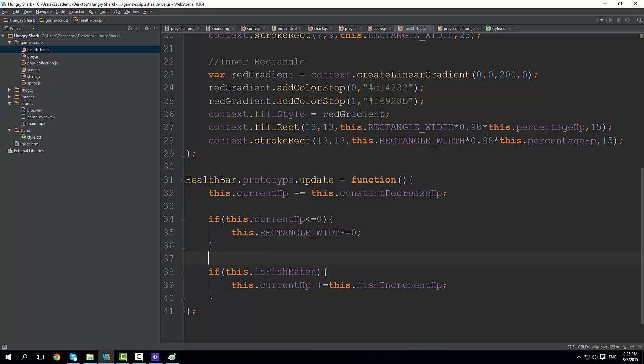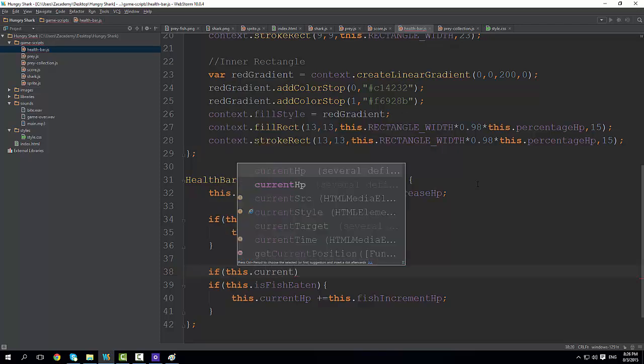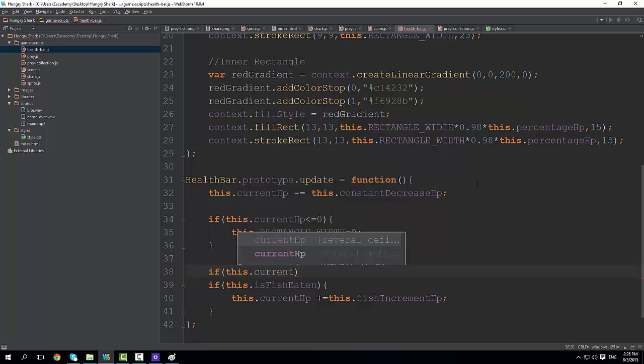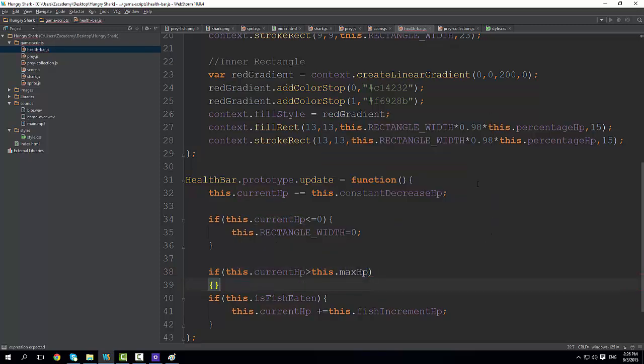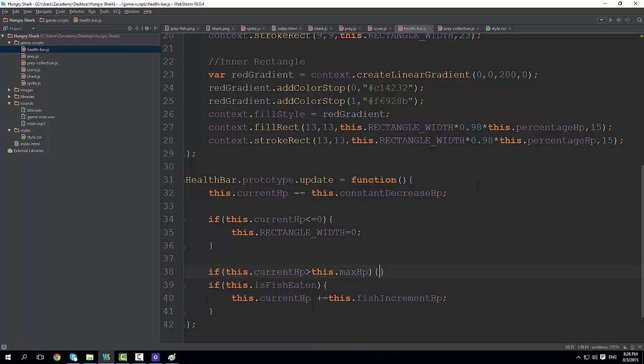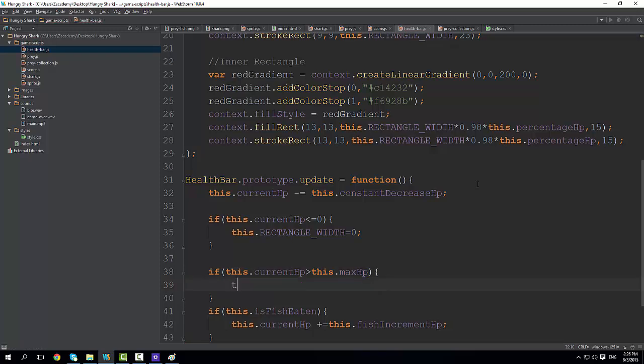So if we eat a fish and we are at say 99%, what's going to happen? We are going to get an even bigger rectangle. So we need to have a check for that as well. So if this.currentHP is bigger than this.maxHP, then we want to say this dot